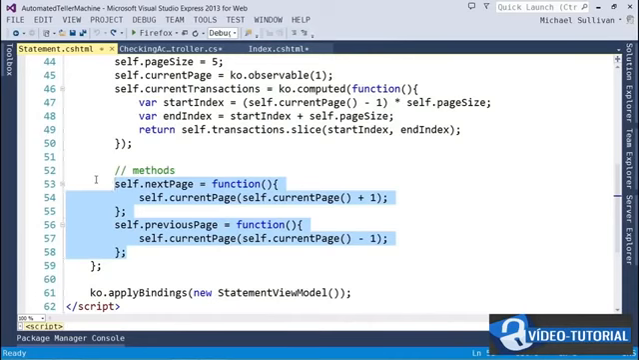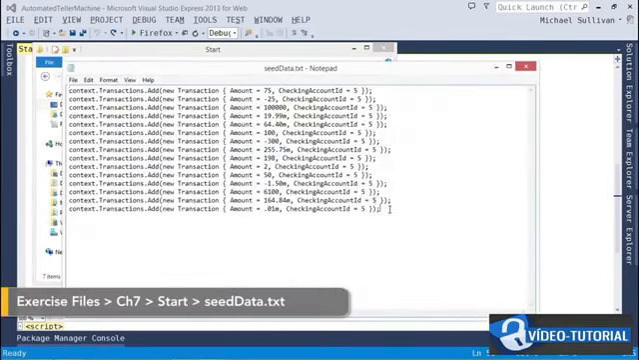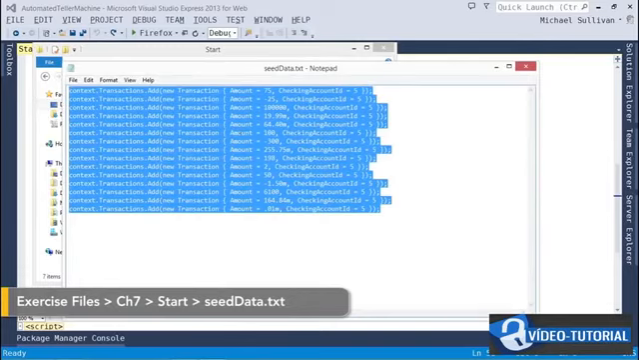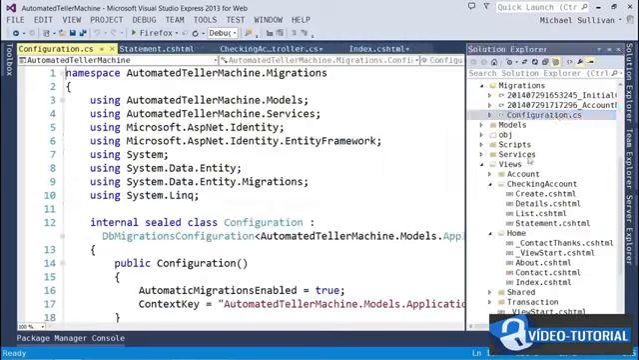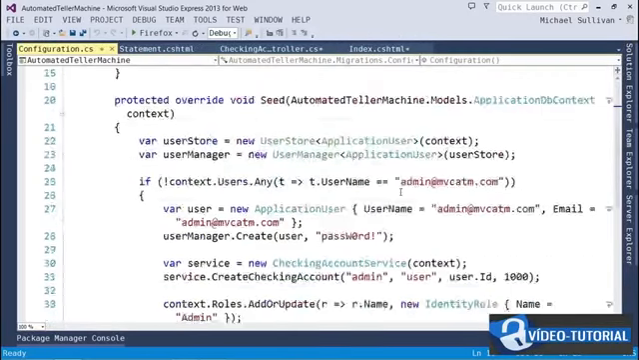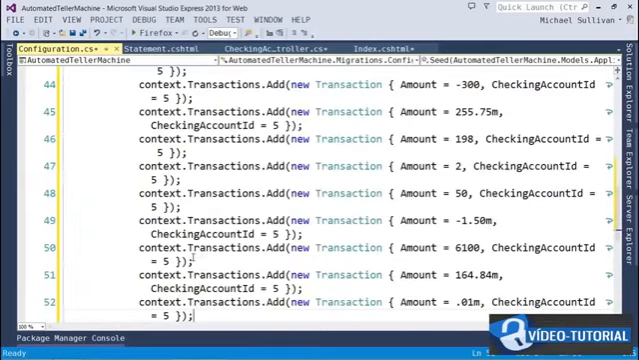So in the exercise files, also in the Start folder under Chapter 7, there's a text file called seed data. I'm just going to copy these lines and paste them into my seed method, which is in the configuration class of the migrations folder. So whether or not there's an existing admin user, at the bottom of the seed method, I'm going to be adding a number of transactions for checking account ID 5, which is actually the checking account